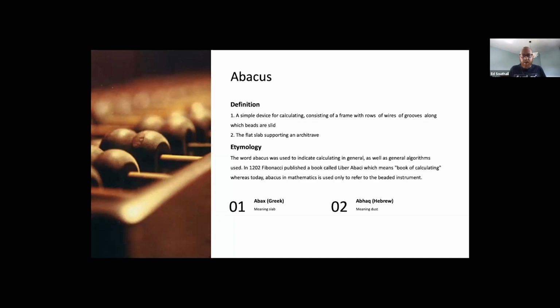But the word itself is pretty weird. But it has its purpose, it has its roots, and those roots make sense, as with pretty much every word in mathematics. So this one has a kind of a crossbreed meaning in some ways. You've got abax, which is Greek, meaning a slab, and you've got abak, which is Hebrew, meaning dust. So between the two, you're probably none the wiser as to why it's using those words in that sort of translation of how we see it and use it today. But it's essentially linked to the tools that were used way back when to do mathematics.